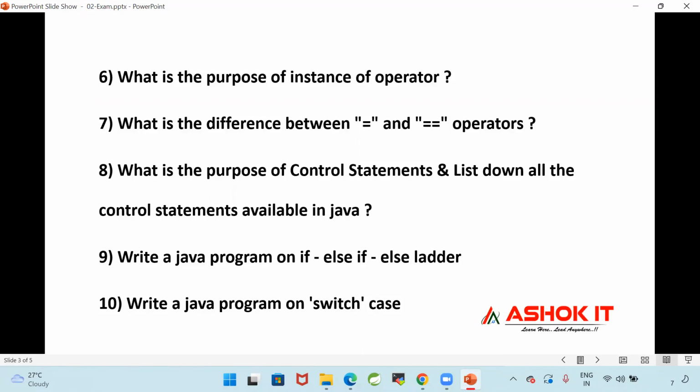Java program on if else ladder. Java program on switch case.